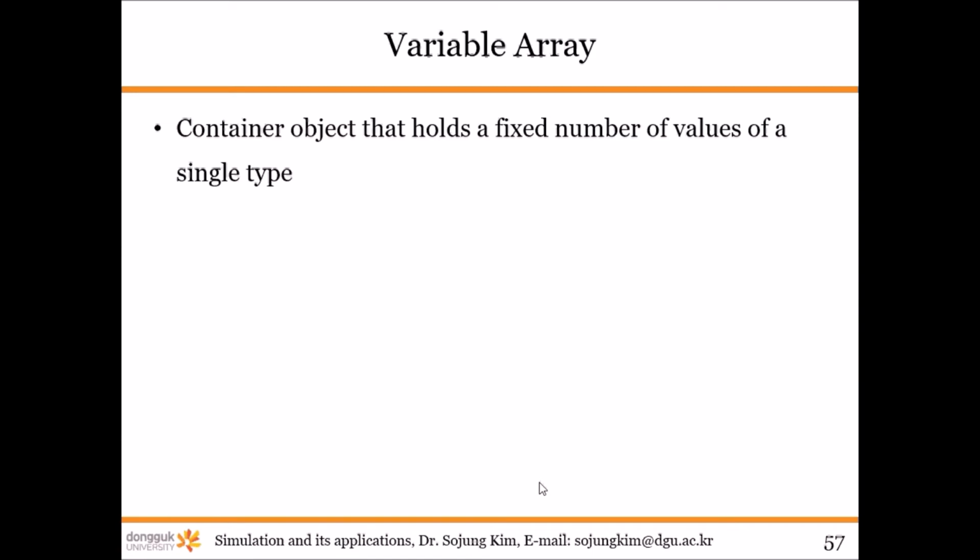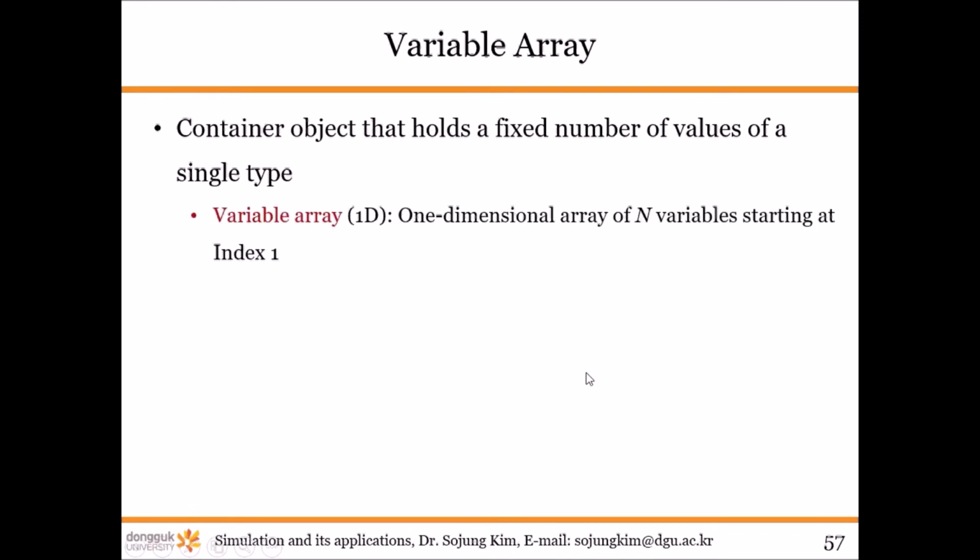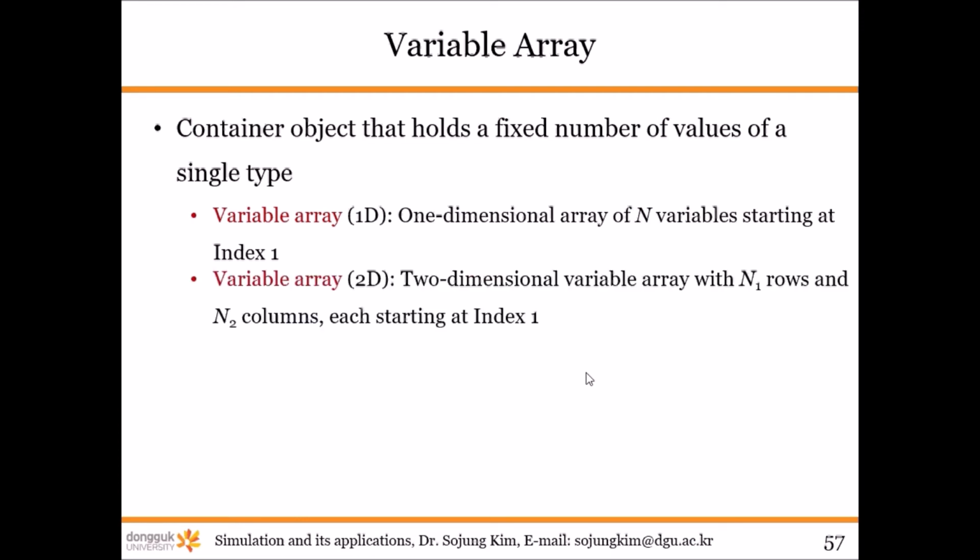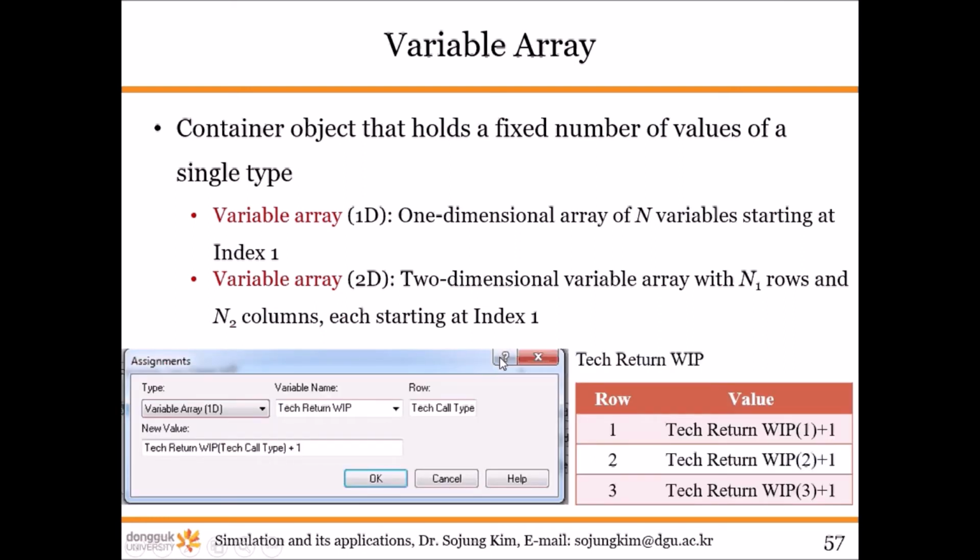Right, and then variable array. So we also need to use the variable array. This is a container object that holds a fixed number of values of a single type. Variable array: a one-dimensional array of n variables starting at index 1, and a 2-dimensional variable array with n1 rows and n2 columns, each starting at index 1. Okay, so here